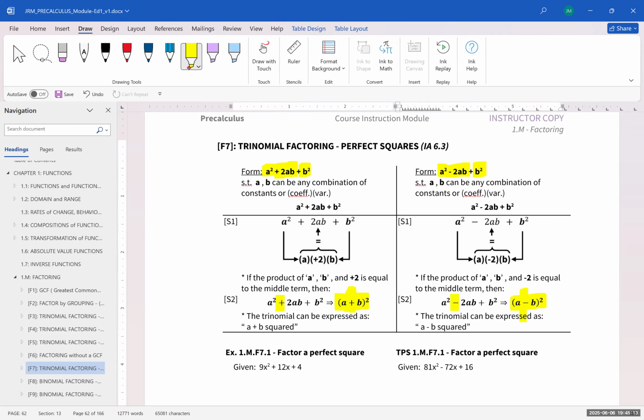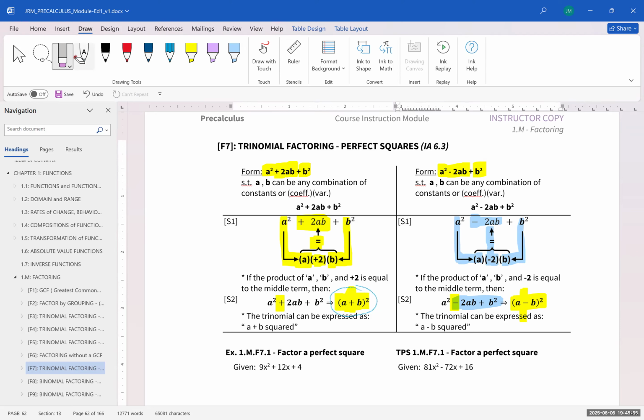So what's this check? Well, the check is you take this value of A and you multiply it times this value of B times a positive 2. And if it equals this middle term exactly, then you can write it factored in this form as a perfect square. Or, if this ended up being negative in the middle term, you take A and you take B and you multiply those times negative 2. And if that is equal to your middle term, which is negative,